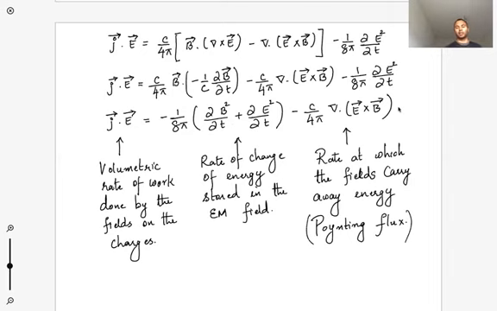So this is called the Poynting theorem. So let's see what it's telling us. On one side is the volumetric rate of work done by the field on the charges, right? So this is the amount of work done by the field on the charges per unit time, per unit volume. That is what J dot E is. Now let's look at these two terms. So this term turns out to just be the rate of change of energy stored in the electromagnetic field. So B squared by 8 pi plus E squared by 8 pi is the amount of energy stored in the